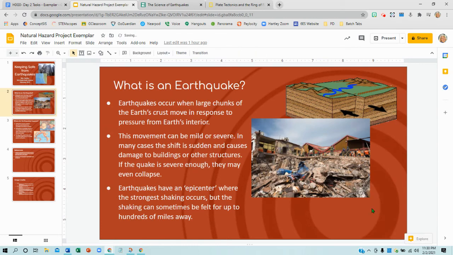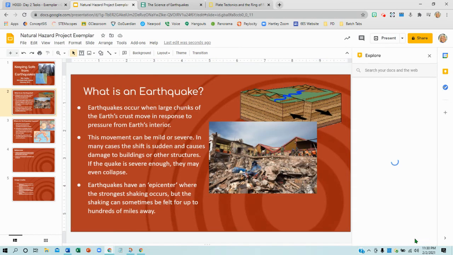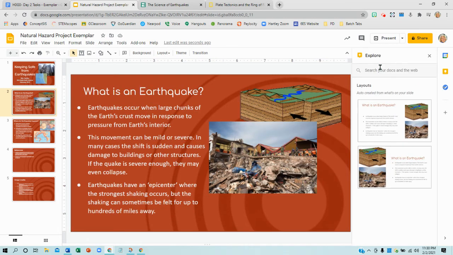I'm going to delete this real quick so I can remind you how to use this Explore tool. On your slide, it may look kind of grayish, depending on how big your slides are, or it may be yellow. But it says Explore when you put your mouse over it. So it'll always be down in this corner. When you click on it, it's going to open up a panel, and you can do a search for